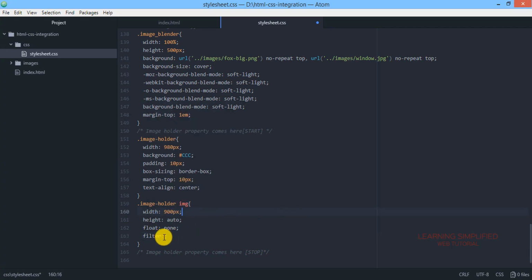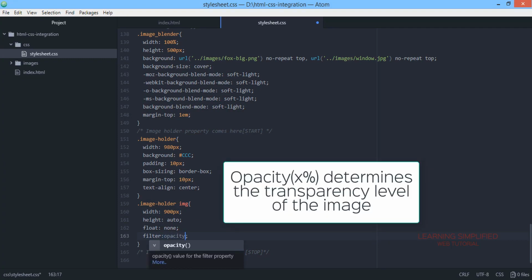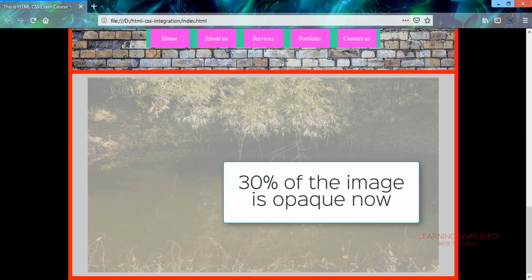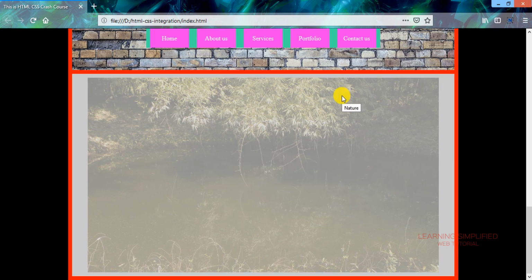So you need to vary all these values and see the result. In case of this opacity, if you mention that it should be 30%, get back and reload, and you can see that this will be the output. That means the original image is now showing 30% of its fully rendered preview, and that is the result in this current state that we are observing in our HTML browser.